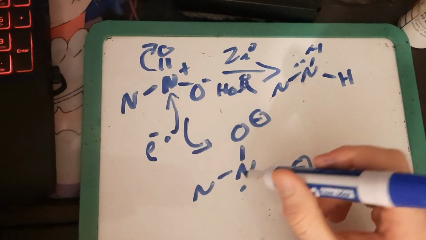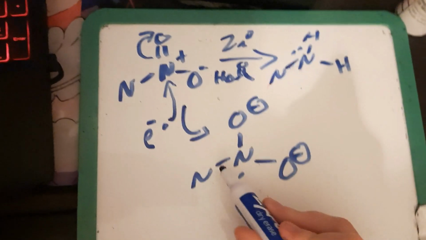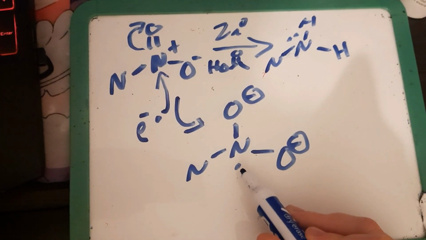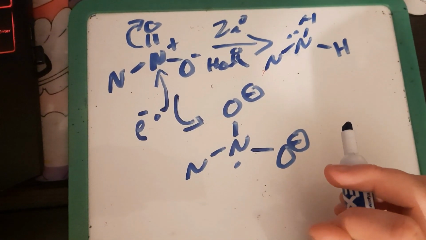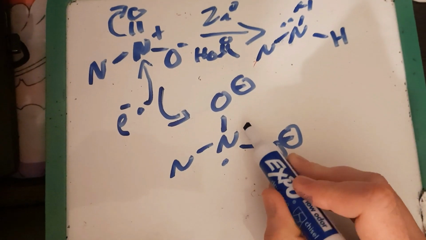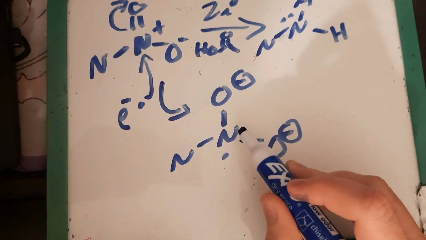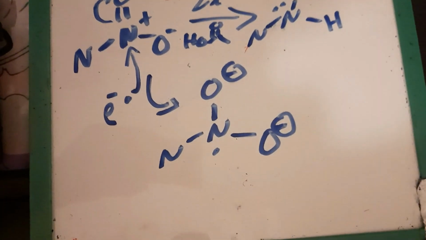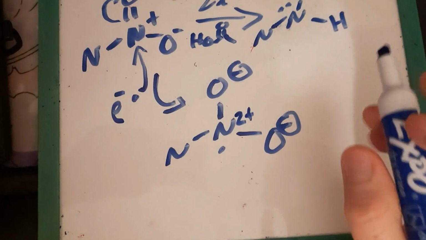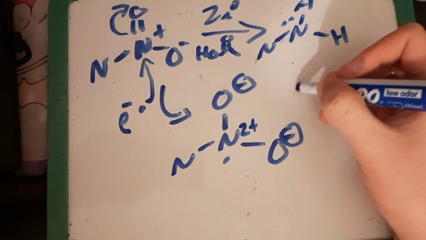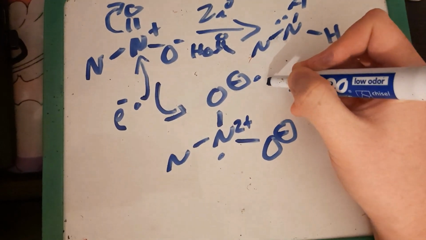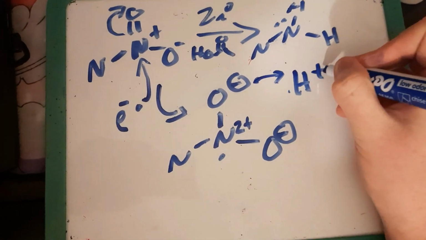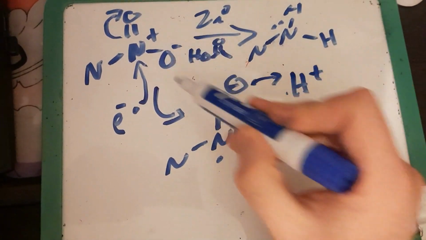I believe it's 1, 2. Okay, so this is 2, 3. It's positively charged, massively positively charged. But I think this is a 2 plus charge at the moment, but it's an intermediate, so don't think about that for too long. Because what happens immediately is this oxygen attracts an H plus because of the acidic solution